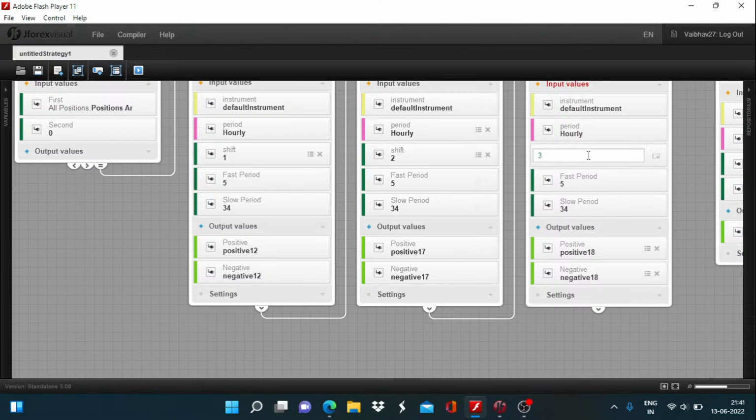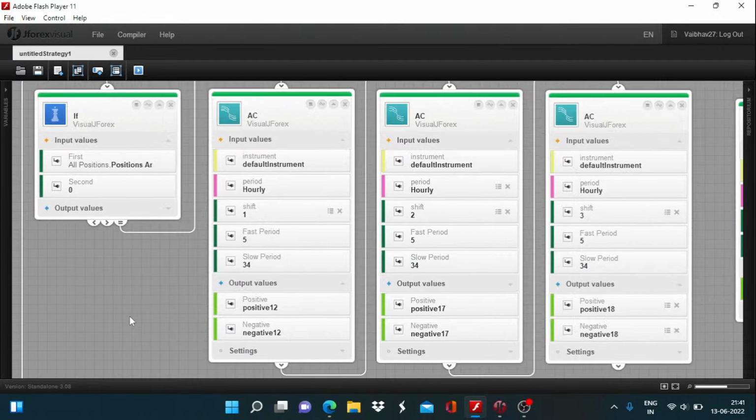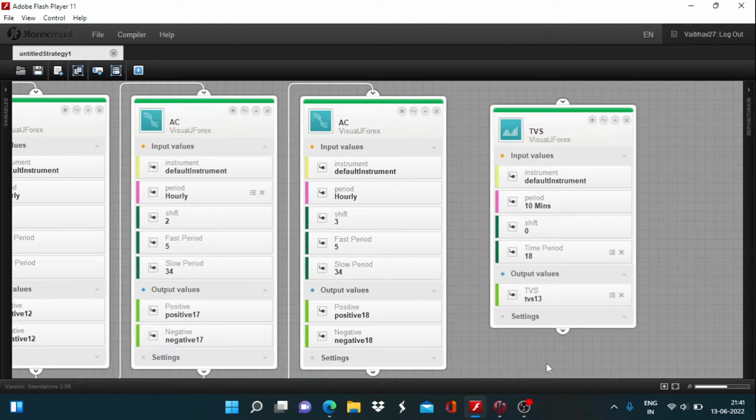So we have these 3 hourly acceleration deceleration outputs for the last 3 hours with the look back period of 1, 2 and 3 respectively. Alright, now we come to